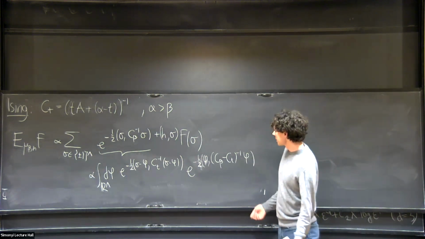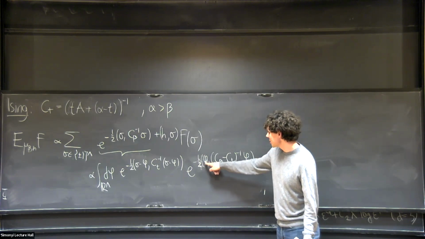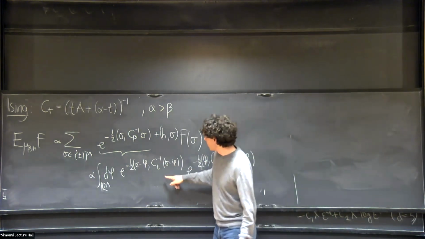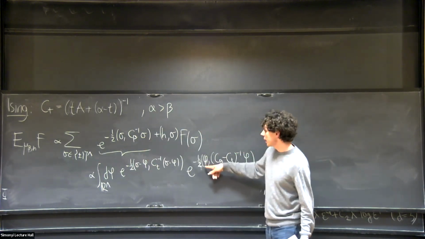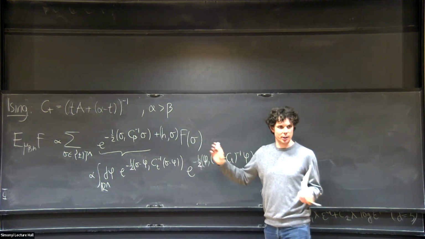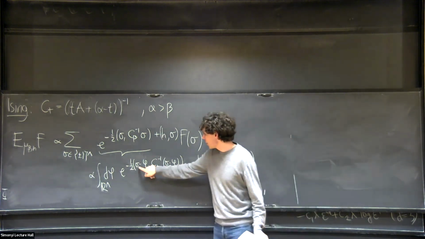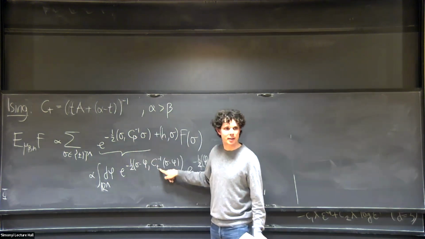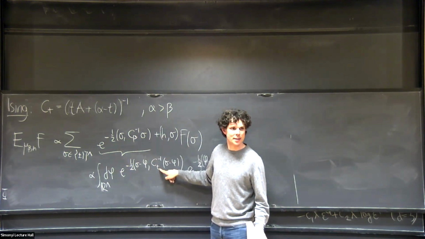The point is, it allows us to somehow sneak in this extra field phi. If we put in this identity here, we have an extra integral over phi, which we consider as a new field, and we fix, or condition on if you prefer. And then we have an Ising model sigma here, where the inverse temperature beta was replaced by T.